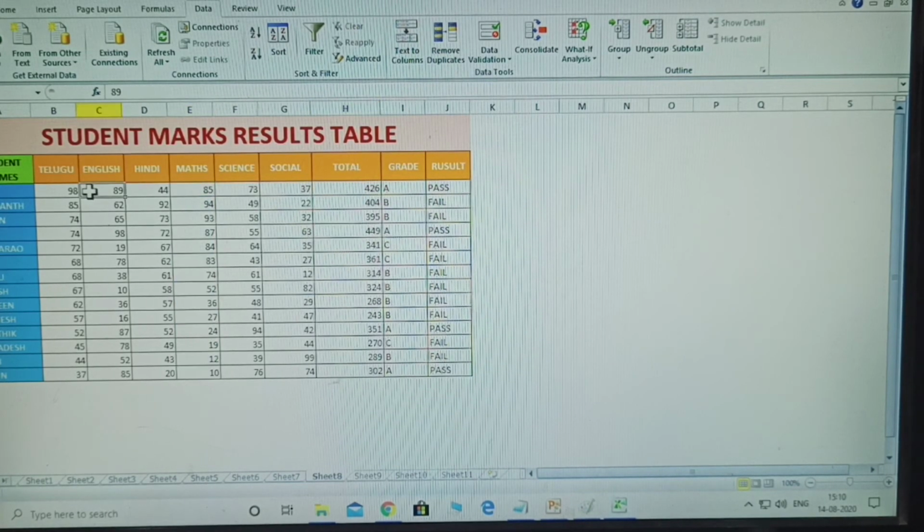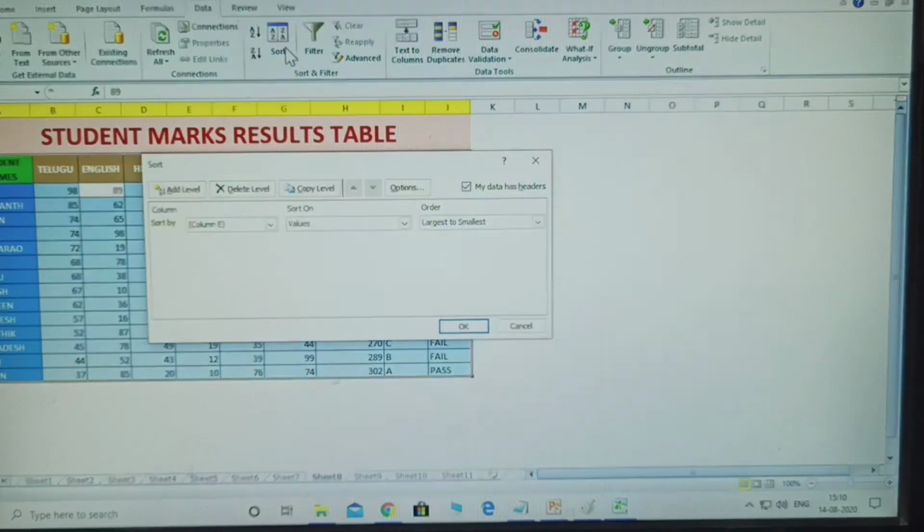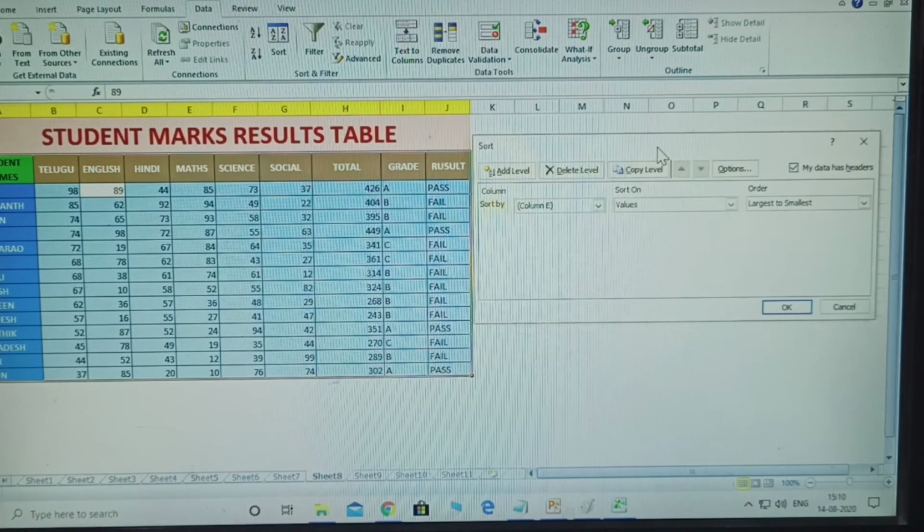This is the second sort point. Directly there is A to Z and Z to A, understood.